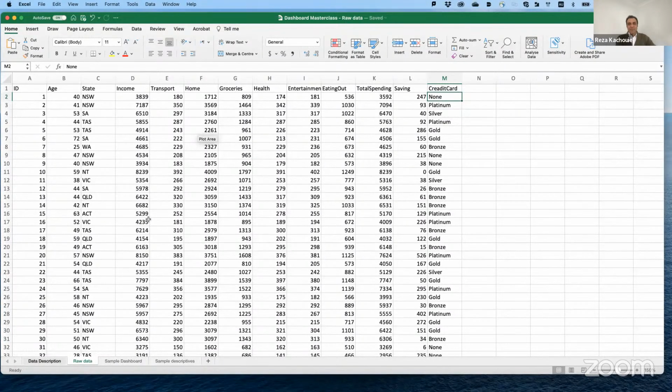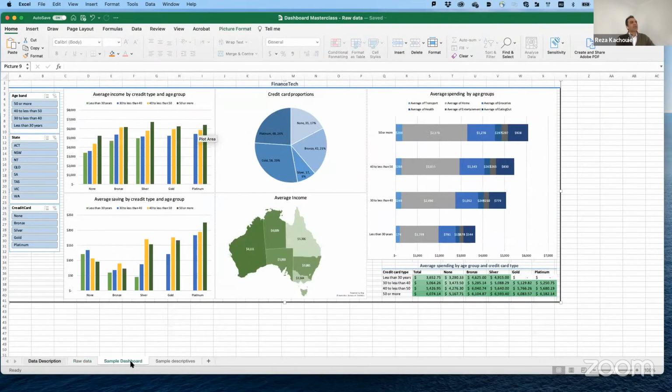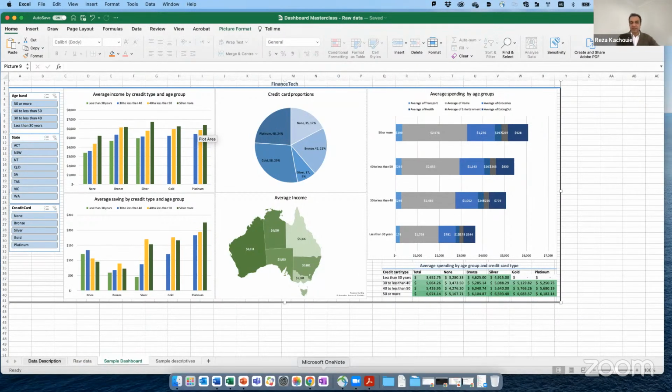So these are the things that we have. And my expectation is you create something like this out of this data set. So how are we going to do it? Let's follow the steps. If you have the data set, open it and we are going to do these steps together.